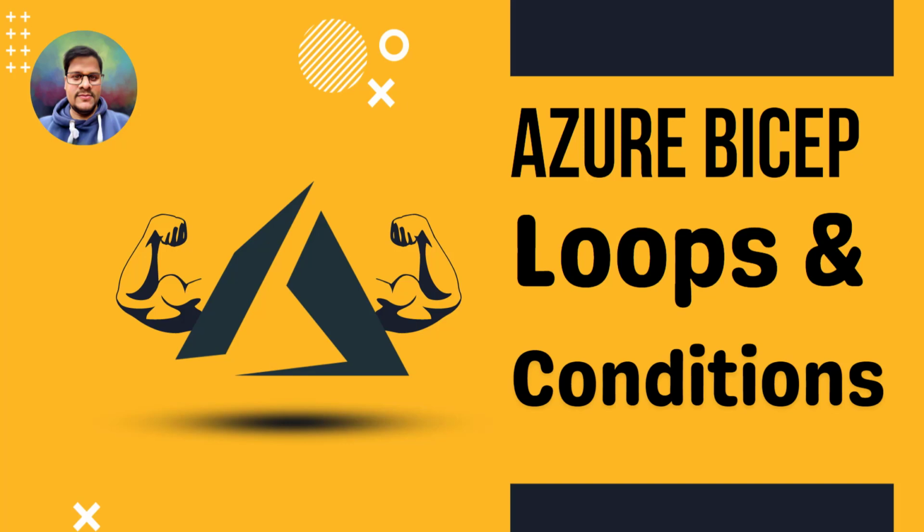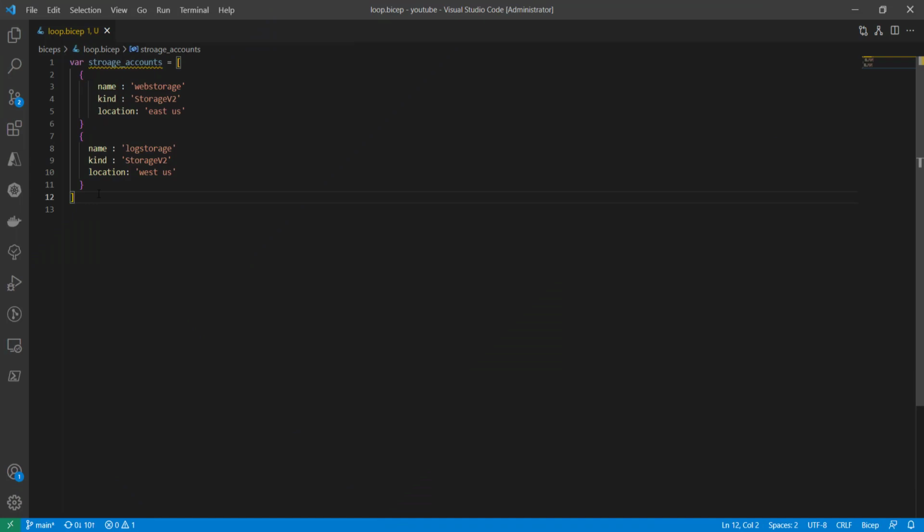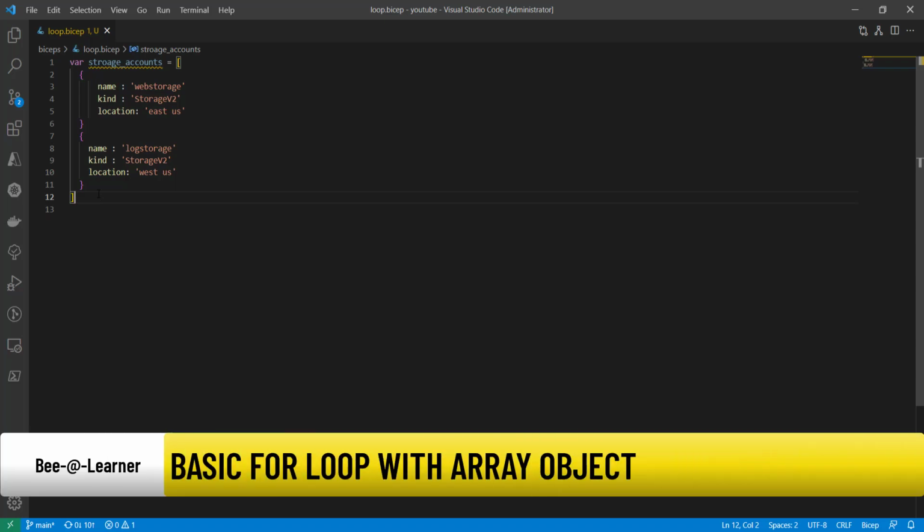Let's begin our discussion from Visual Studio Code with the help of a demonstration. Just to start with, we have this variable, storage accounts collection. At the moment in this collection, we have two storage account properties defined, which makes it very clear that we would like to create these two storage accounts from this collection with the help of our Bicep code. It might be possible your collection may contain more than two, so it is dynamic based on the input which you are passing. Now, we would like to perform the iteration on this object or array type, and